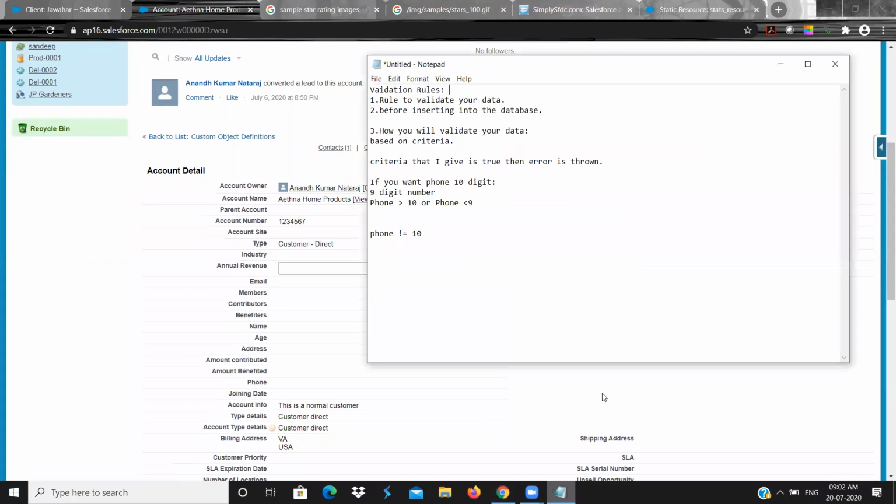So in the account object, if rating is equal to hot and type equal to customer direct, then annual revenue should not be blank.